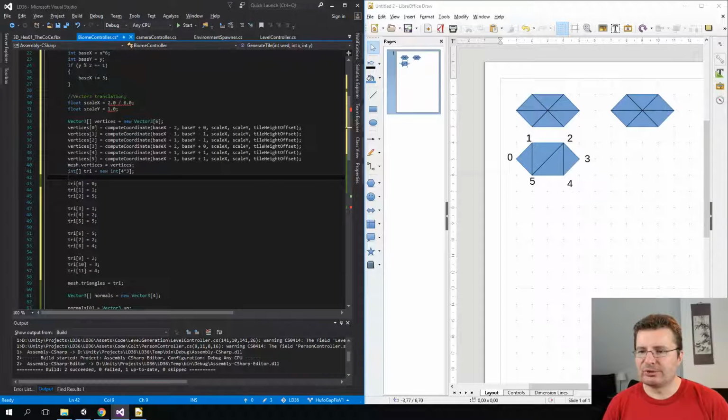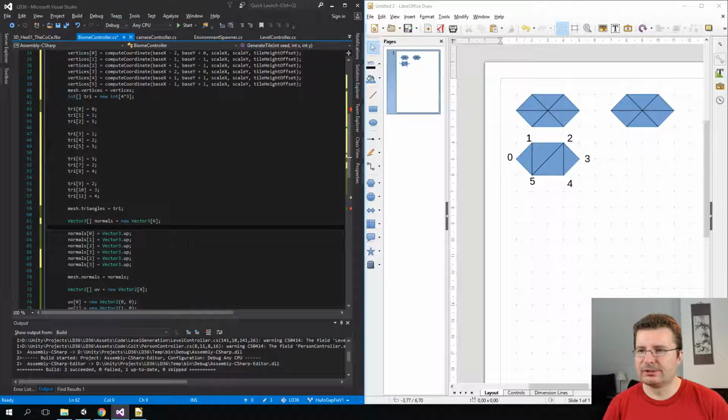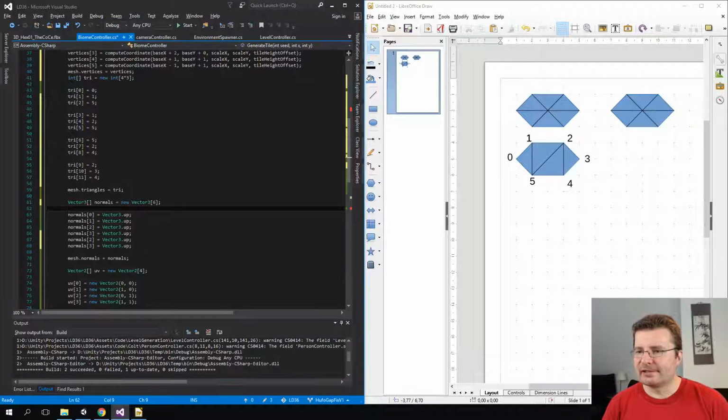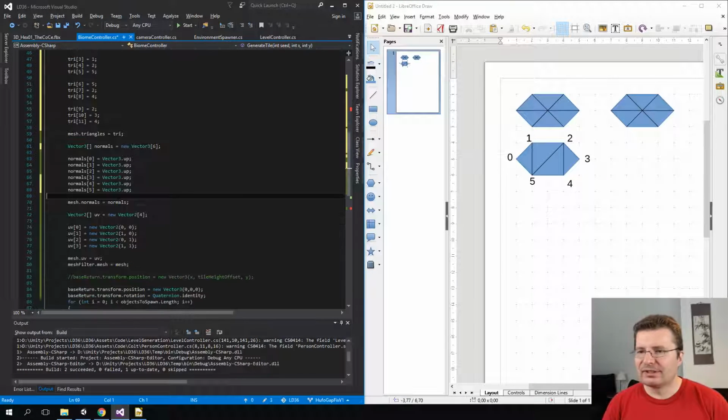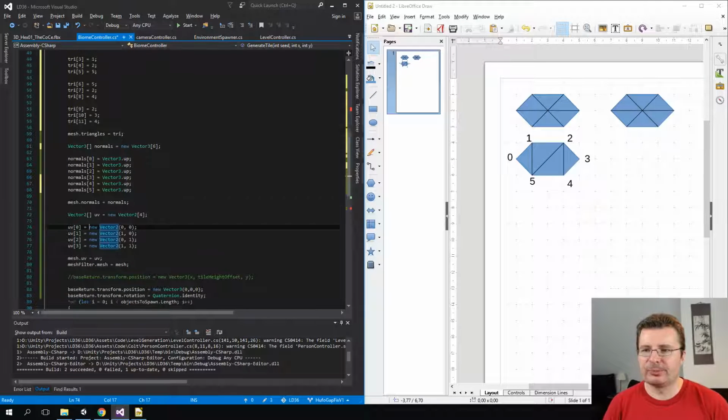Okay, so that should be our triangles. So then we have the normals. This is the same number as the points, and they actually all have the same normal. And so I need to change here. And the texture coordinates, for now we are not using them, but